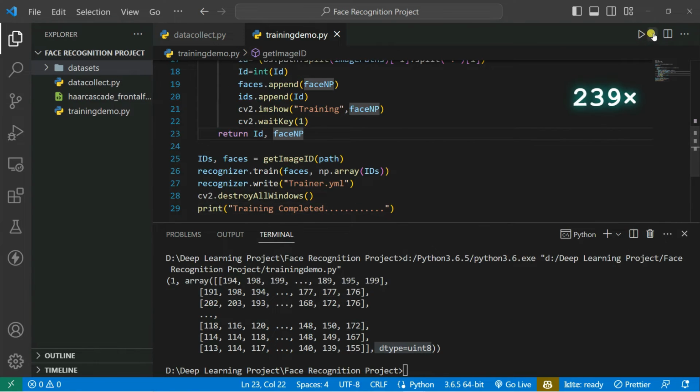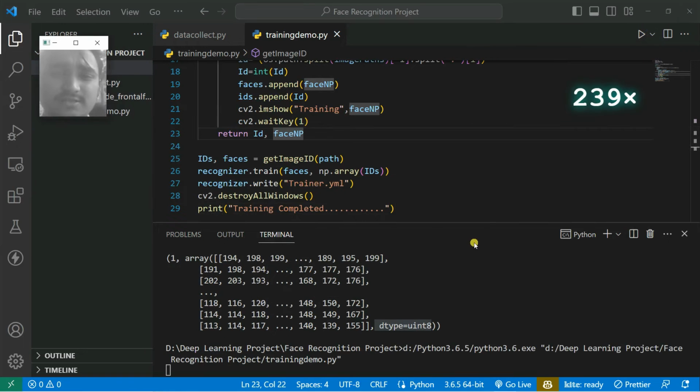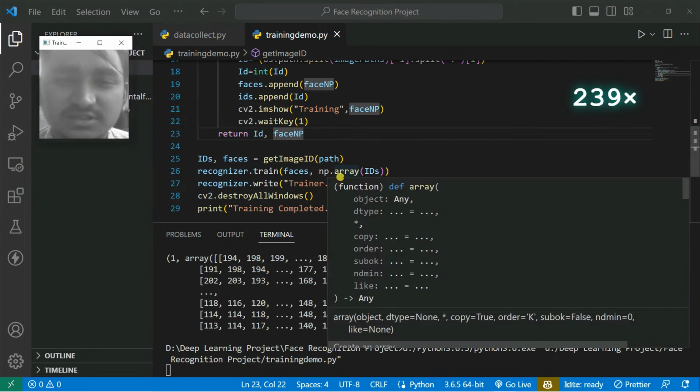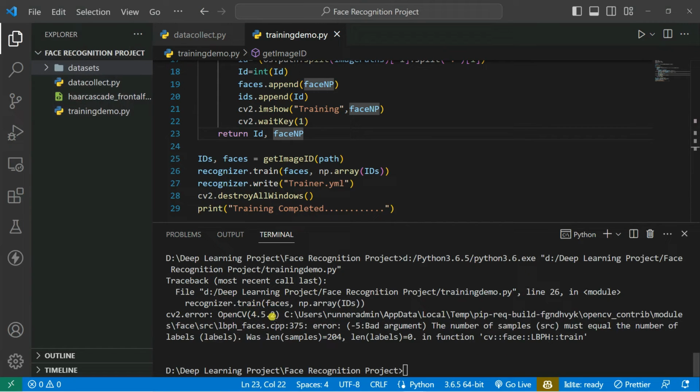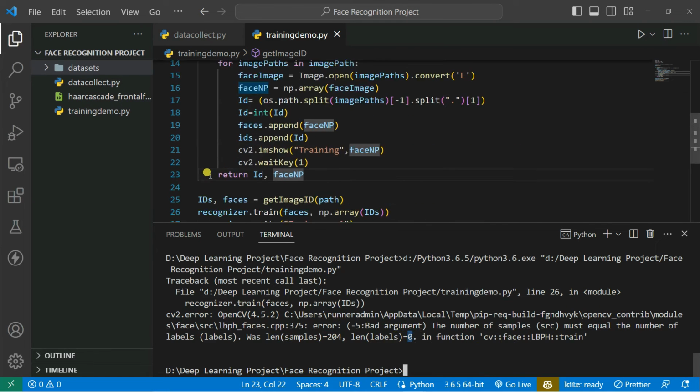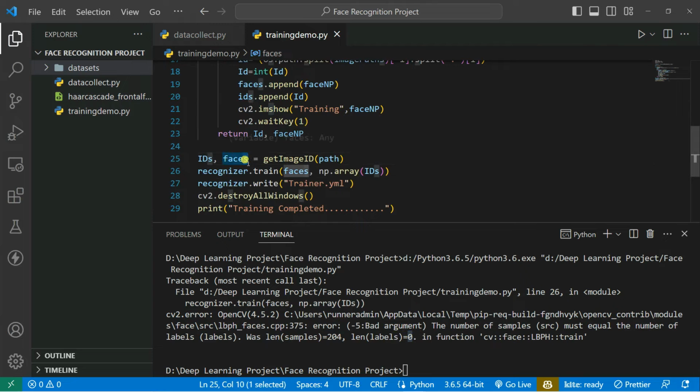So now let's try to run the code here. Just go here and run the Python file, and you can see all the pictures are actually loading, and our recognizer is waiting for training the files. Okay, so we have some error. The number of samples must be equal to the number of labels. So the length of samples is 204, and the length of labels is 0. Okay, we got some error because the data of the faces and also the numpy array are not matching. So what I can do, let's say give it face data